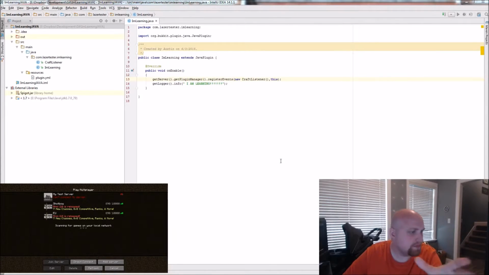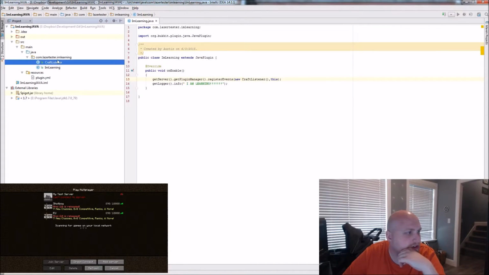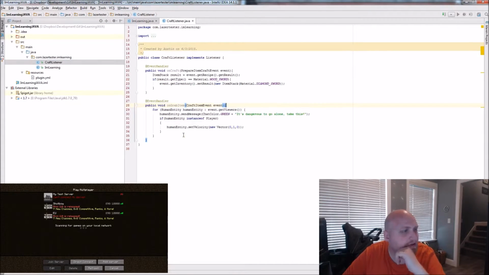So 2 weeks ago, we started out making a plugin. I showed off how to make one in IntelliJ, and we made a listener, and I showed how you could create specific things and cause different things to happen with events in Bukkit. The event system is kind of a solid framework for extending the game. It's kind of fun. What I'd like to do is try and bring a little more structure. I don't know, come up with something.